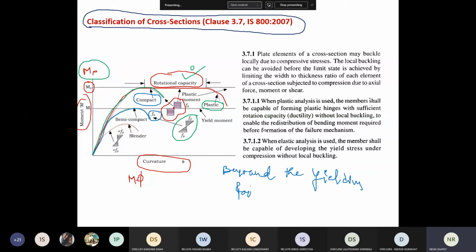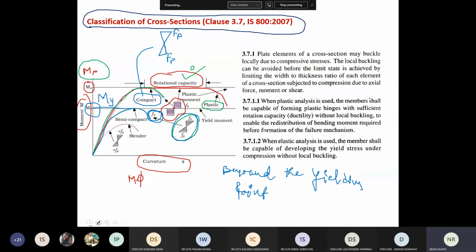But this semi-compact section will go up to the yielding point only, and that's why this moment is known as the yielding moment My. Right. And the diagram is triangular. Here for the compact, the diagram is somewhat like this, and here you can write FP, plastic stress. Here also you can write FP, plastic stress. Right.